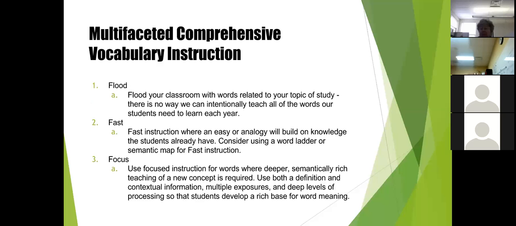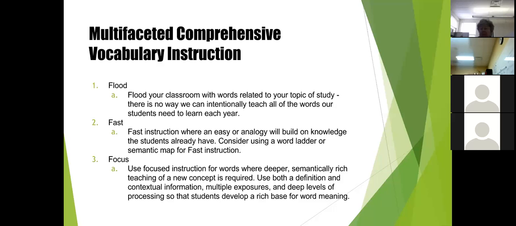So there are three approaches to this model. Not all learning requires intentional teacher-directed instruction. In this model, the first instructional technique helps cement indirect word learning. A teacher should flood the classroom with words related to the topic of study. There's no way we can intentionally teach all of the words our students need to learn each year.